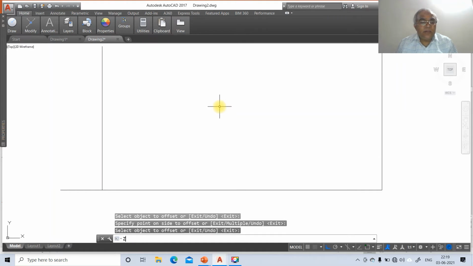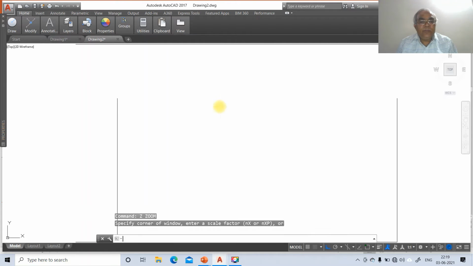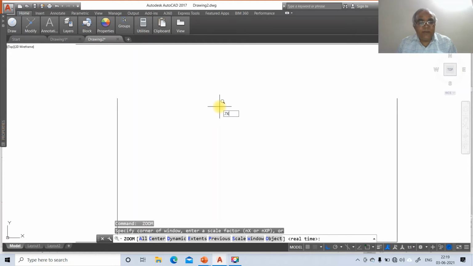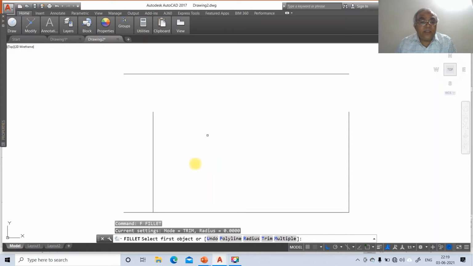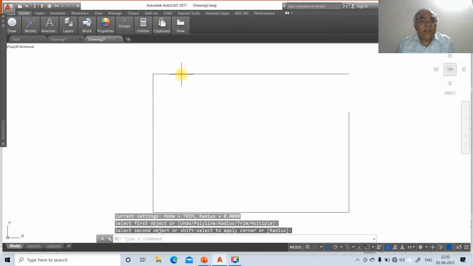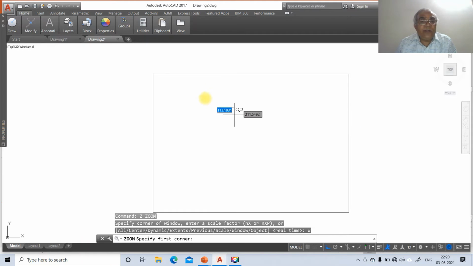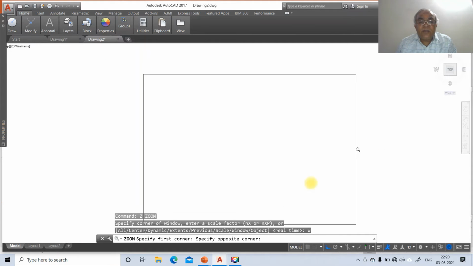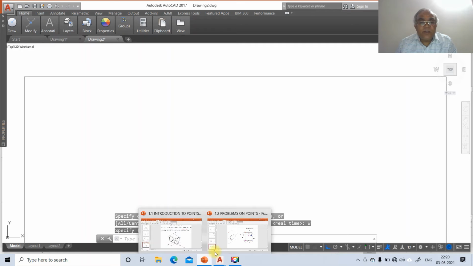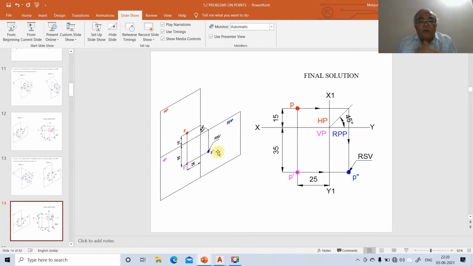Then go to exit, then go to zoom extents and zoom 70% of the display. Then go to fillet, select this line and this horizontal line. You select this vertical line and this horizontal line, and this horizontal line and this vertical line, and go to zoom window. So you select this. So now you come down to the problem. So this problem is